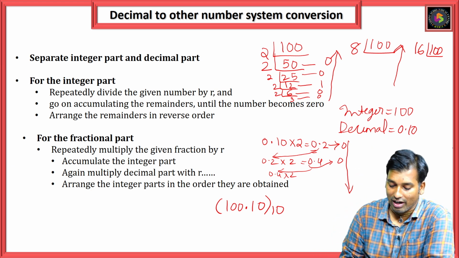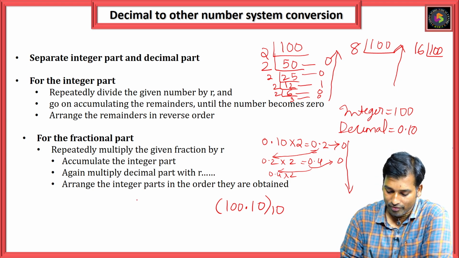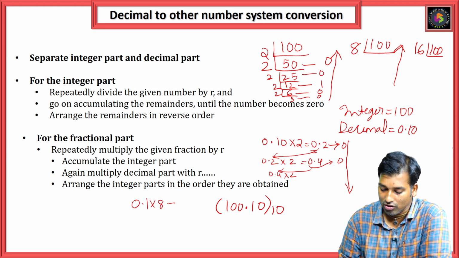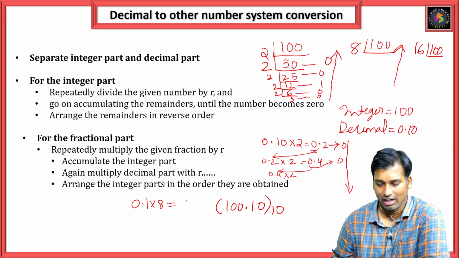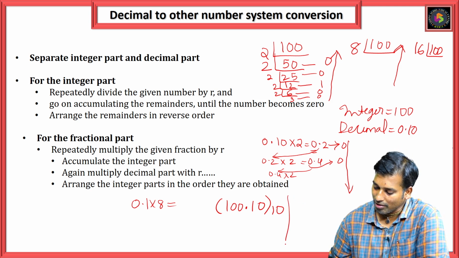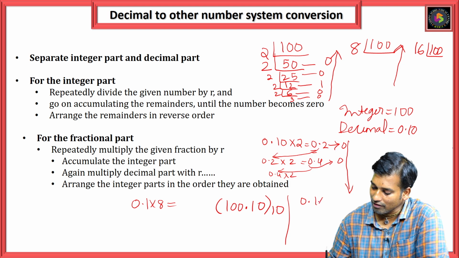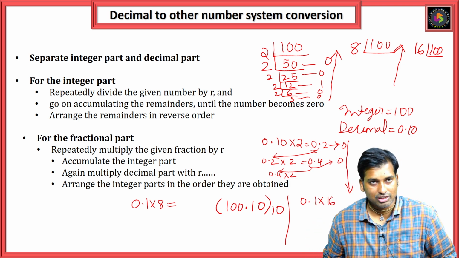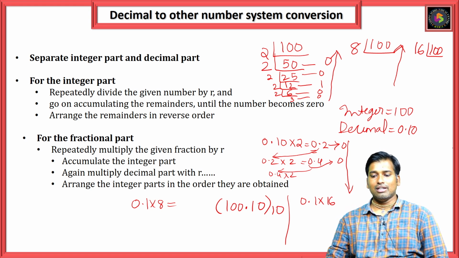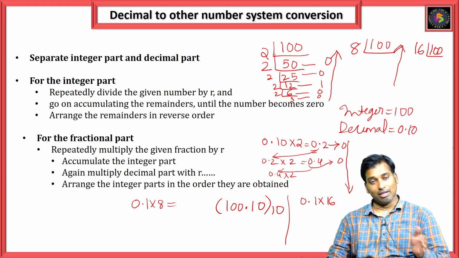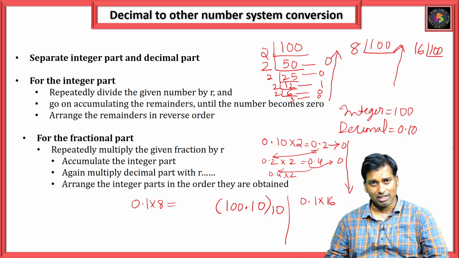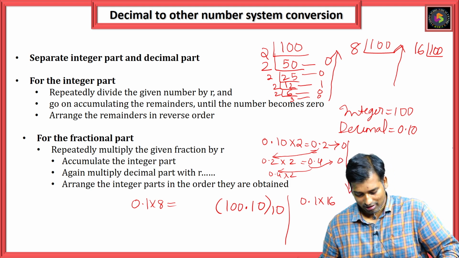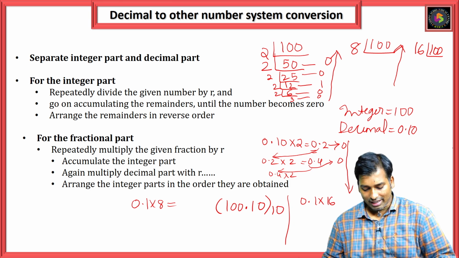If I want to get the fractional part in the octal number system, what do I have to do? I have to multiply it by 8 and follow the same procedure. In the case of hexadecimal, I have to multiply 0.1 by 16, using the same procedure. This is how we convert from decimal to other number systems: decimal to binary, decimal to octal, decimal to hexadecimal. So let us see